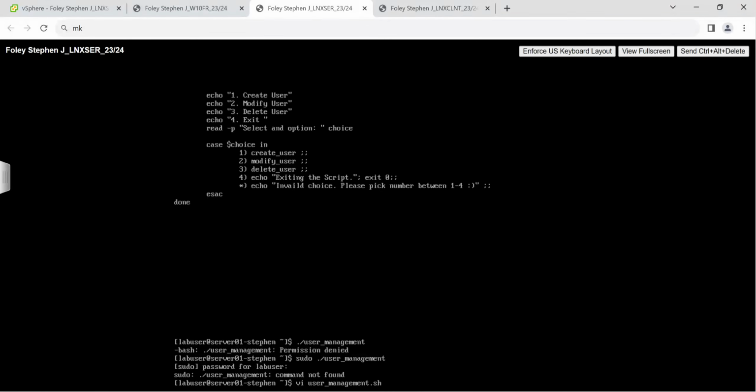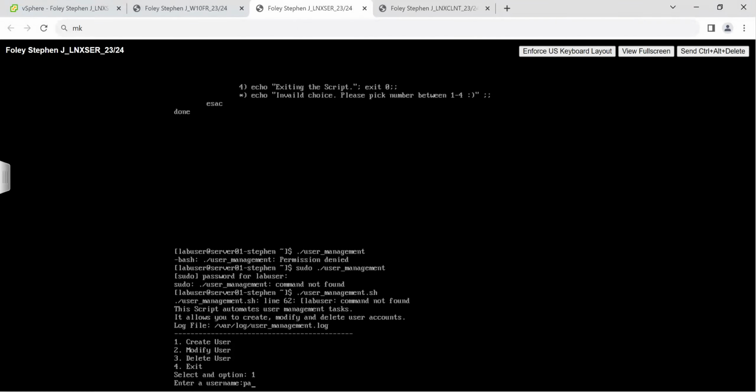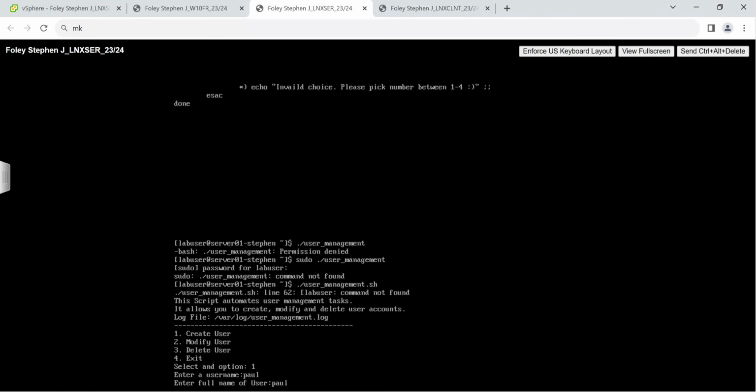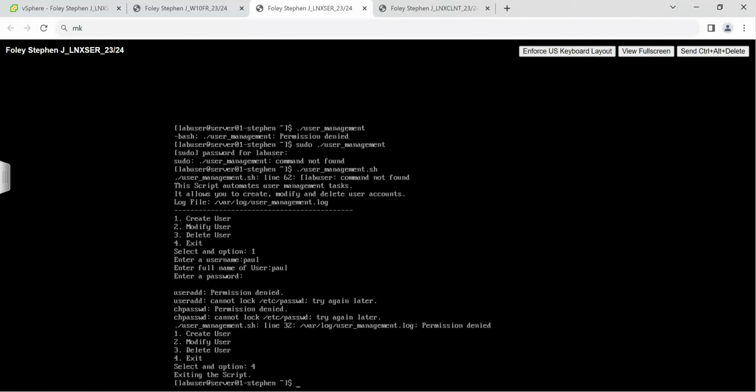Once again, I forgot the .sh. So there you go. As you can see, it will actually run when you're not sudoed. If we go to create a user, say Paul, and Paul, permission denied, can't do it. If we go back and then we run it as sudo,